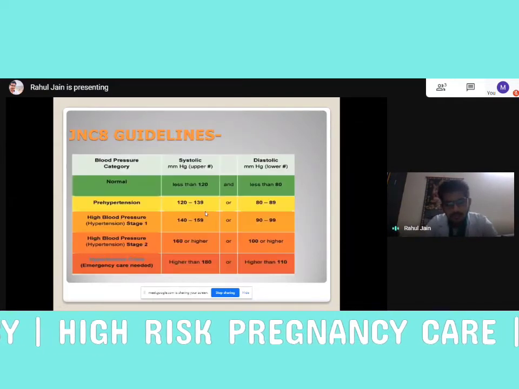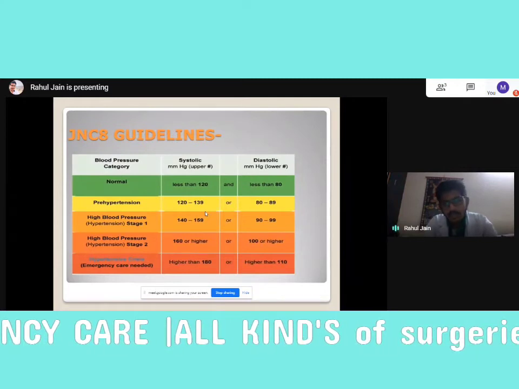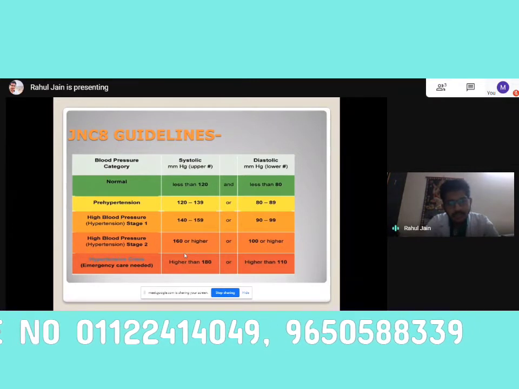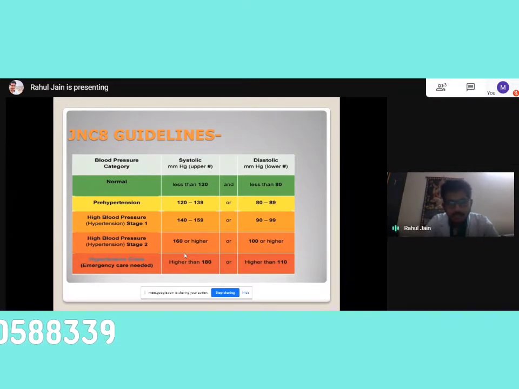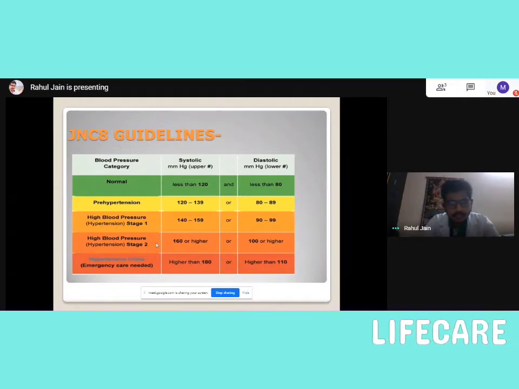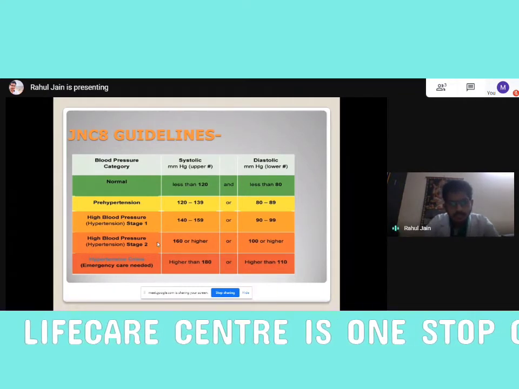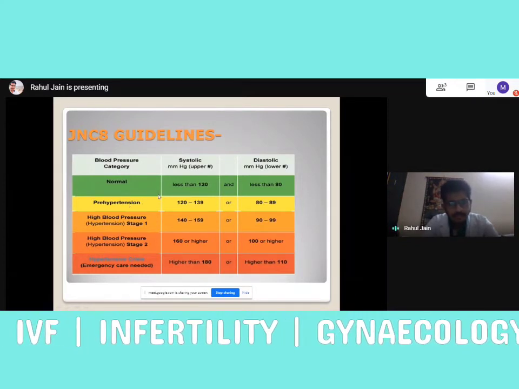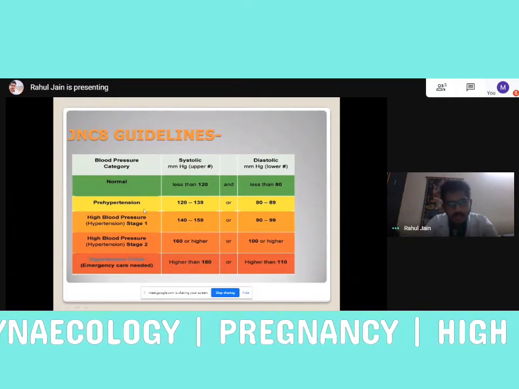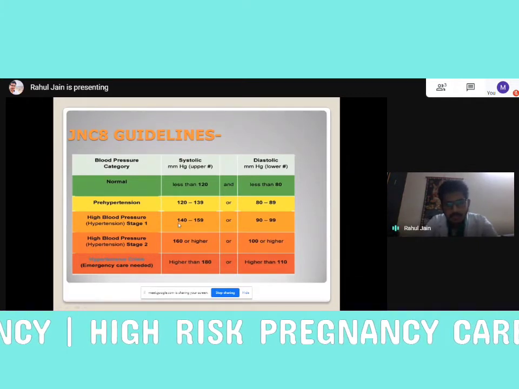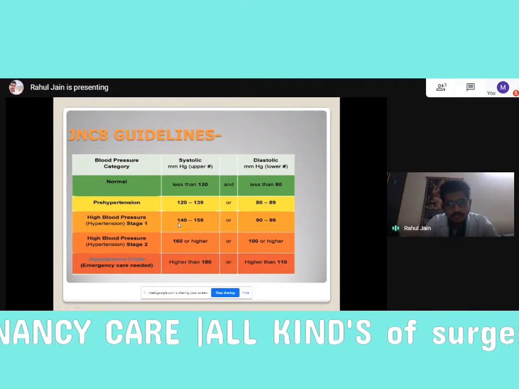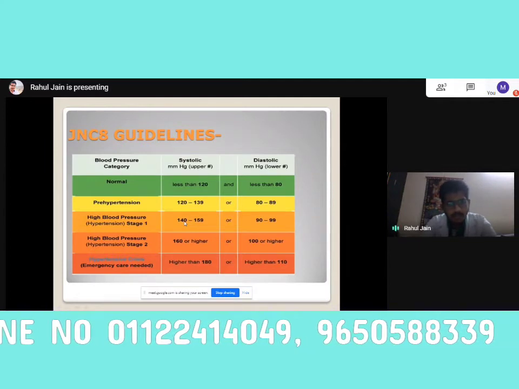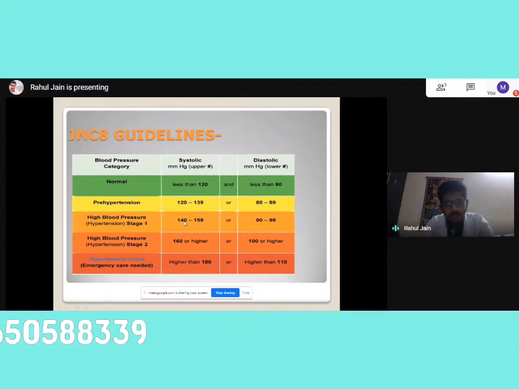So afterwards I would like to mention the criteria for hypertension. The point to be noted is that this is JNC8, that is Joint National Committee 8 criteria, and there is American Heart Association criteria also. In our country, Joint National Committee criteria is accepted more. So first, normal blood pressure is considered as 120 systolic and 80 diastolic, and high blood pressure is more than 140 and 90, and then we say stage 1 and stage 2 based on if it's 141 to 159 in systolic and 160 or higher for stage 2, and similarly 90 to 99 for diastolic and more than 100 for stage 2.